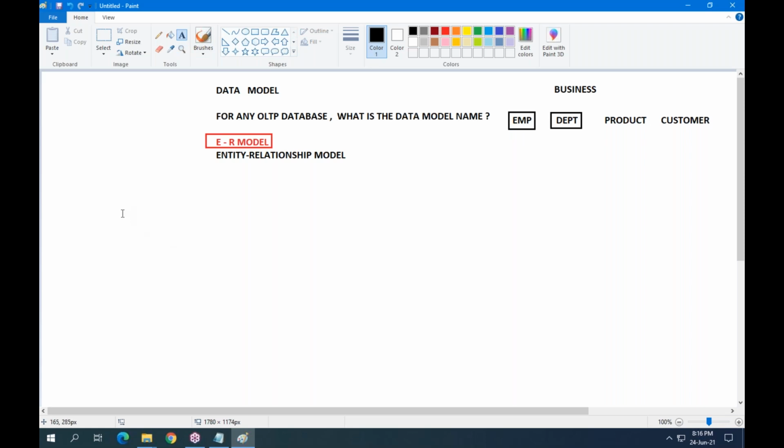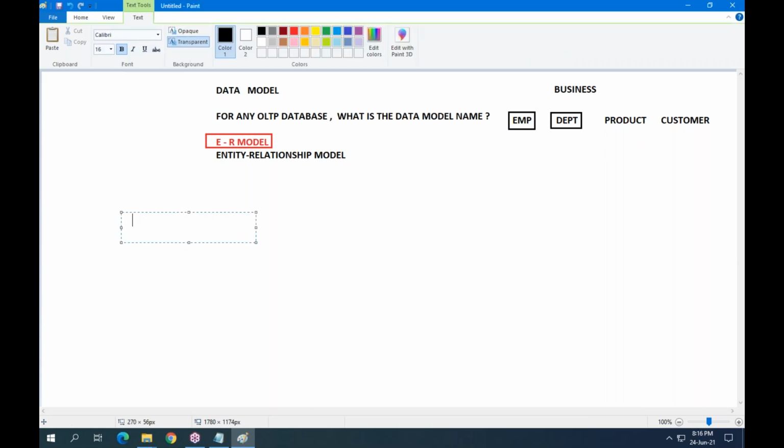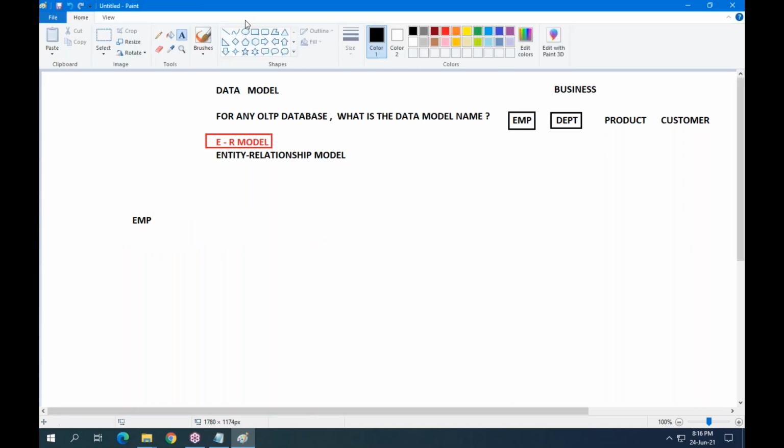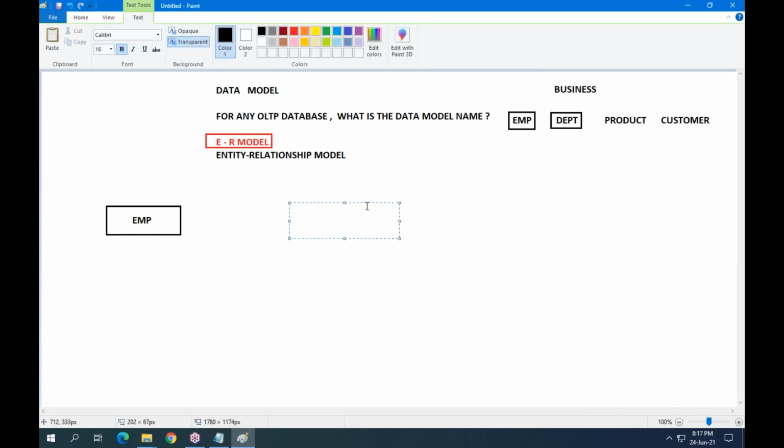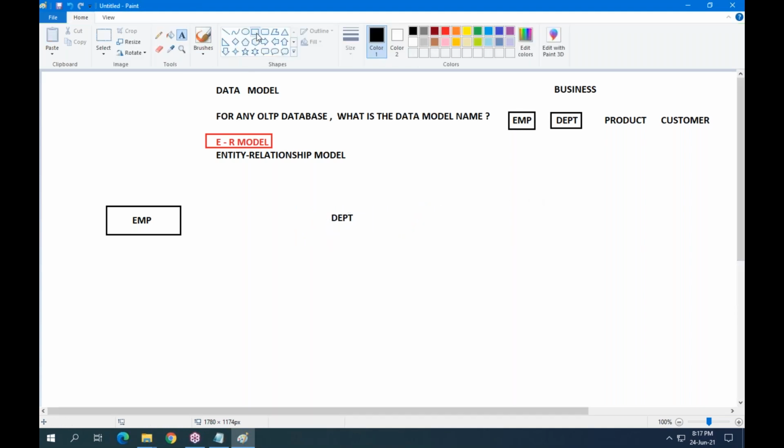DEPT is another real-time entity, also represented with a rectangle.